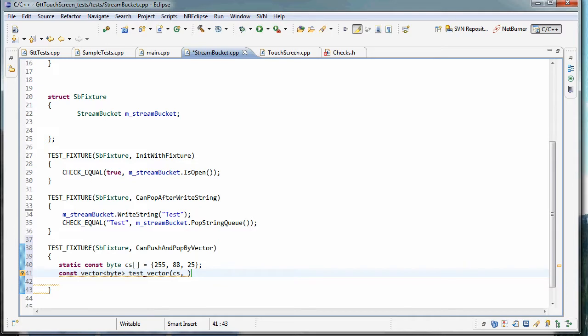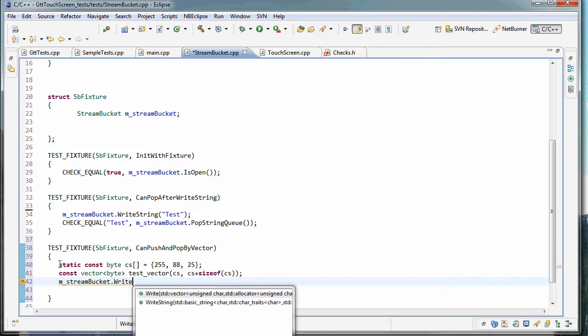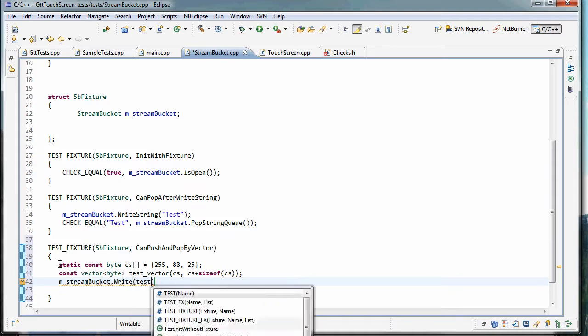So you can give it CS, and then you can just give it CS plus size of CS, and that'll just initialize that vector with the byte array. And then we're just going to call our M stream bucket, and we're going to write this test vector